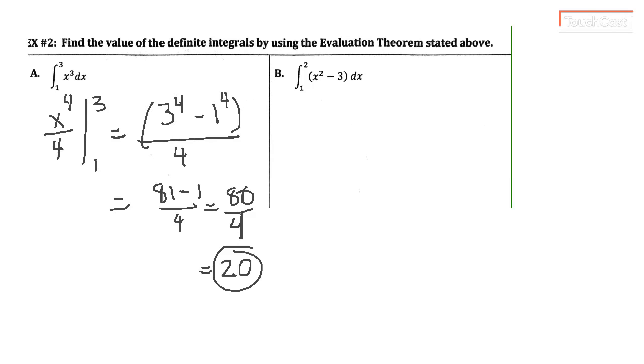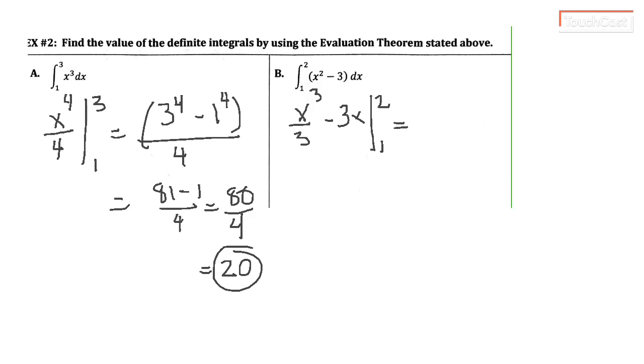Now let's look at b. From 1 to 2, we're going to find the area of x squared minus 3 with respect to x. So first we're going to write x squared as x cubed, increase the power by 1, divide by that new power, minus 3, we have to put an x on that, from 1 to 2. So we're going to take